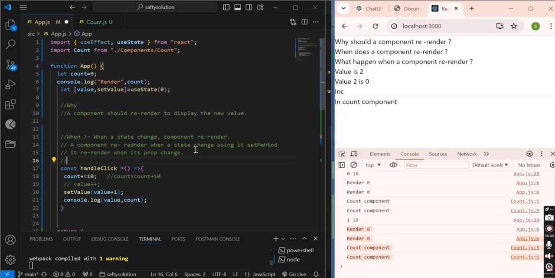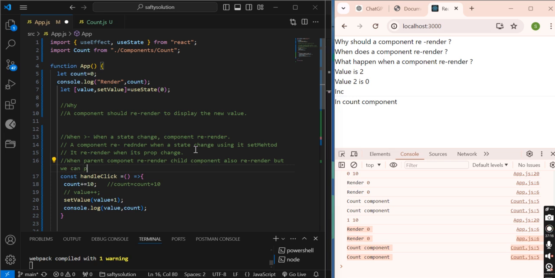This is the third point. When a parent component re-renders, the child component also re-renders, but we can prevent the re-rendering of the child component.